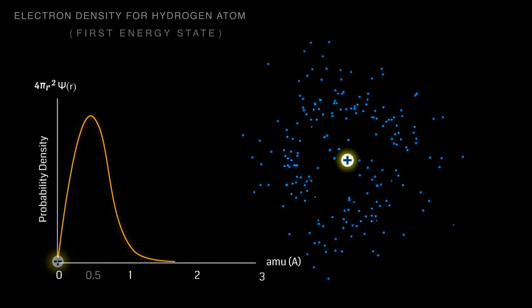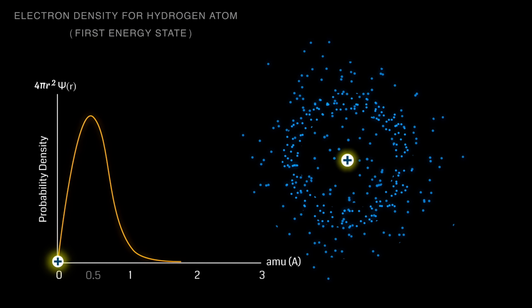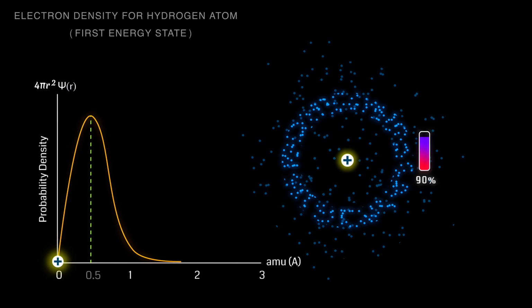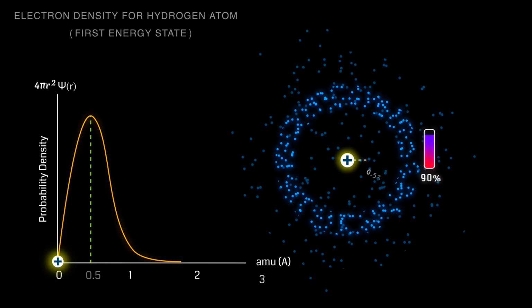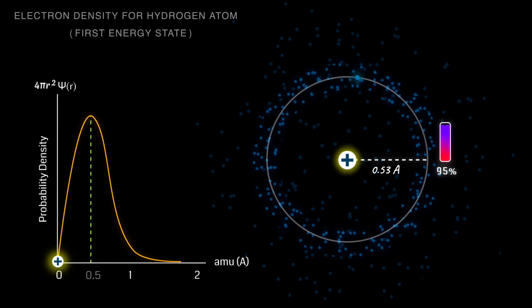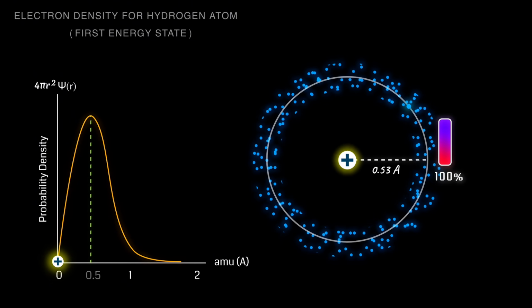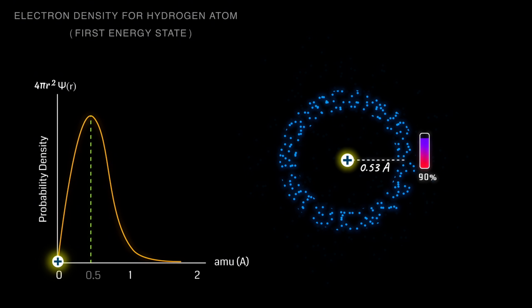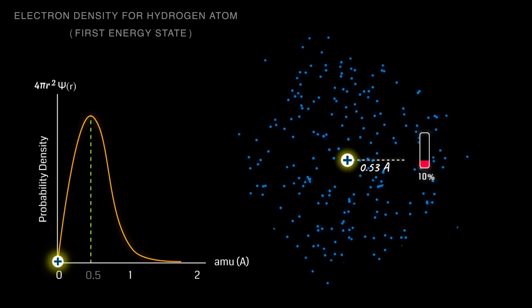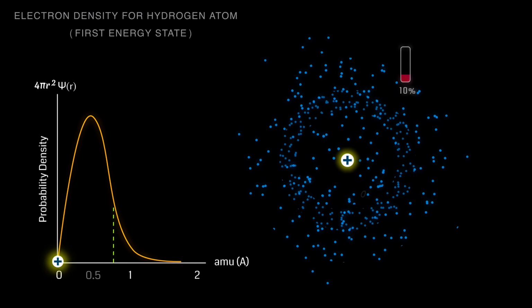If we apply this standing wave concept and the Schrödinger equation to the hydrogen atom, we find that 90% of the time, the electron is likely to be detected near Bohr's atomic radius. Unlike Bohr's model, where the electron follows a fixed orbit of 0.53 angstroms, in the quantum model, the electron's position is spread out around the radius. The peak probability of finding the electron remains at the same distance as Bohr's radius, 0.53 angstroms. But there is a 10% chance that the electron could be found in regions closer to the nucleus or even further out. So overall, the electron density gives the atom a cloud-like appearance.